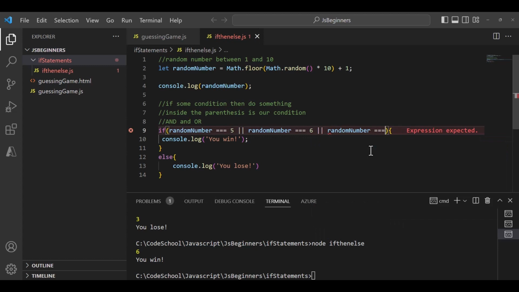Random number is equal to 7. Okay, so you can have as many OR statements as you feel like. I would advise against having too many because it might get confusing, but in this case, maybe the numbers 5, 6, and 7 all can be winners. So we can just give it a try, and make sure I save, and we just give it a shot, and then see if 7 wins,